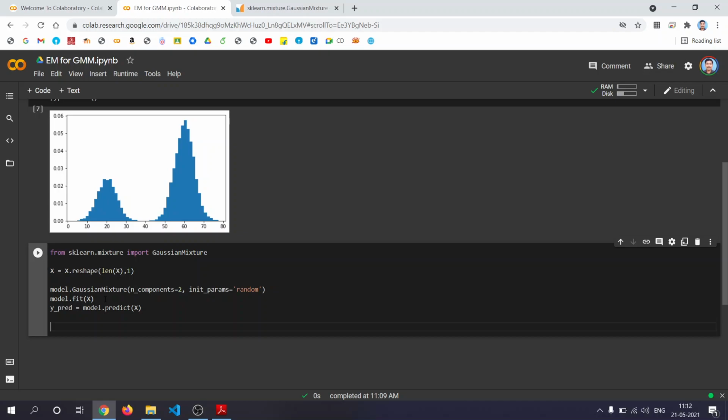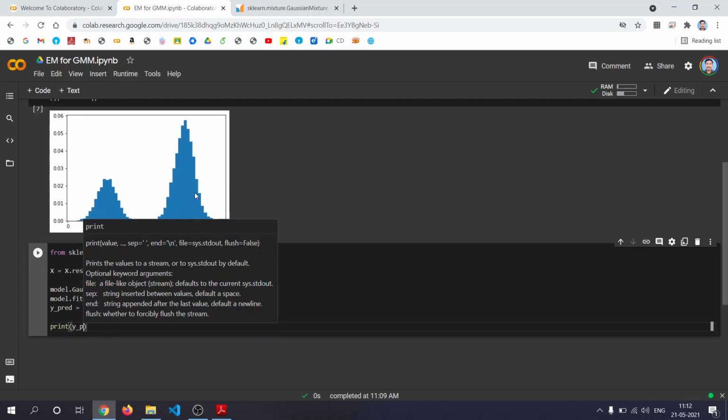In y_predict, we'll get whether each point belongs to the first class or the second class. For example, print y_predict, the first 100 values, and then we'll see.